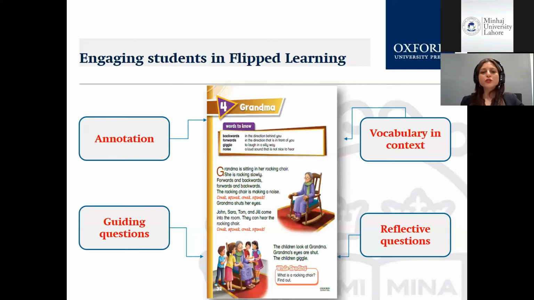Forwards और backwards का क्या मतलब है? आप बच्चों से कहें कि आप demonstrate करके बताएं कि rocking forwards and backwards का क्या मतलब है. Demonstration also works. Vocabulary in context करें. Giggle का अगर मतलब सिखा रहे हैं, तो rather than saying to laugh in a silly way, you can giggle for them and you can show them what a giggle is. Ask them to show you what a giggle is. So demonstrate. फिर हम annotation करते हैं जिसमें हम बच्चों से कहते हैं कि आप अपने बुक में या नोटबुक में लिखें ये कि